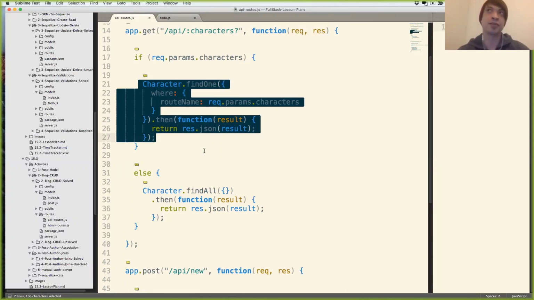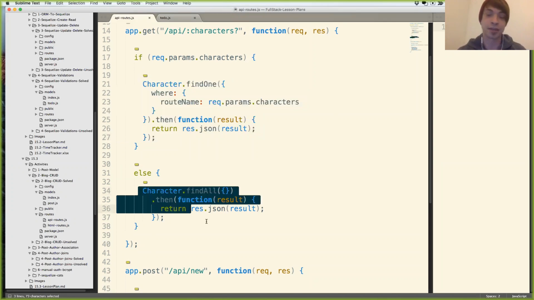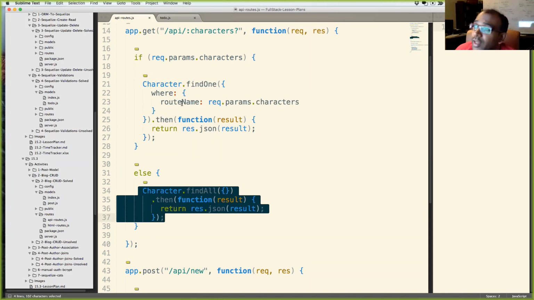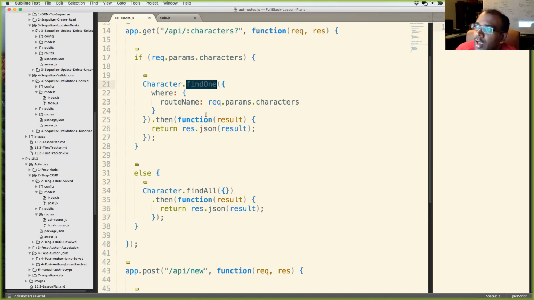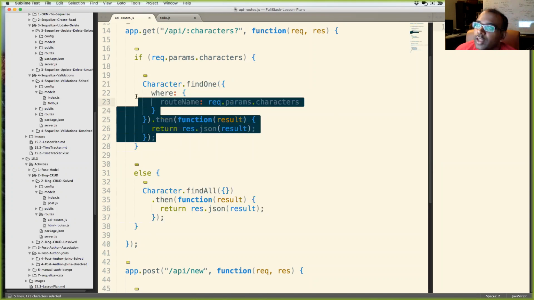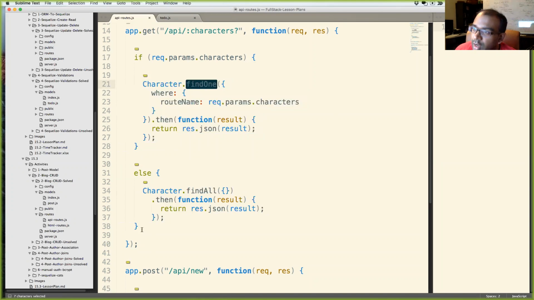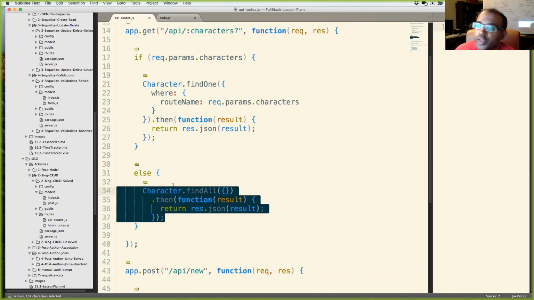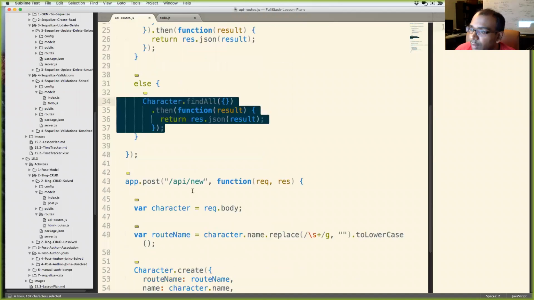Whereas find all is going to send back everything that matches that query. Exactly. So if there's multiple things, it'll find the first one. But in some cases you just want one, right? Because you don't want an array and you just want to return one record. So that's why you would use find one. Whereas find all, you know that there's multiple records and you want to find all of them.